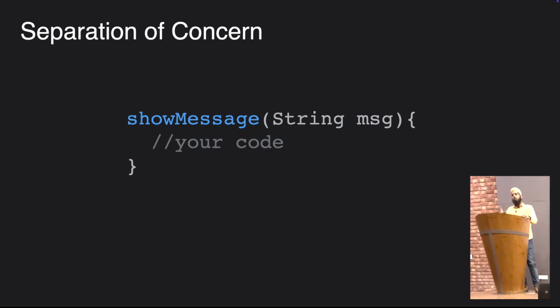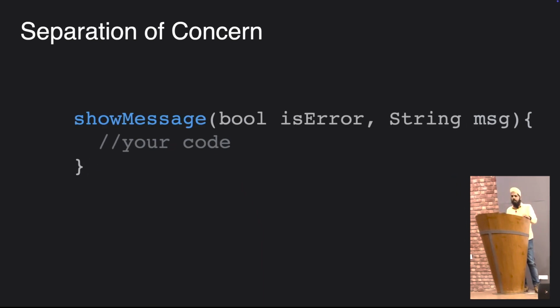Yeah, so the most common thing which I have seen is that people just add a boolean in between, let's say is error, and then based on that boolean you show an error message or you show a success message, something like that. I call this boolean driven development, because the person just uses a boolean everywhere to fix anything. Actually, if you look at this closely, this is not the right way of doing it, because